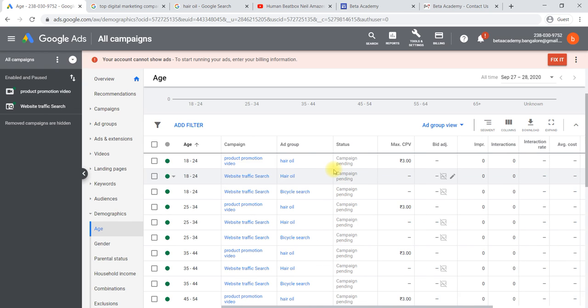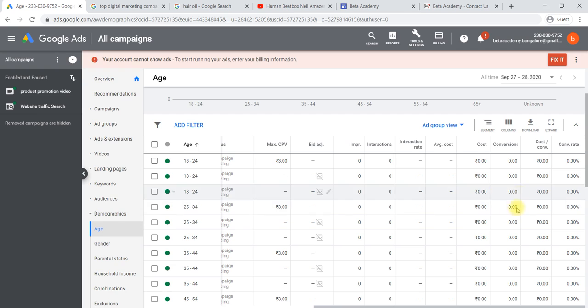So it will help you in future. For example, you will come to know that the major conversion, the better conversion rate, is from age 25 to 45. What we can do is select only those age groups, and all other age groups we can pause or exclude from the ad group. So your reach will be proper, your budget will be managed very well, and your conversion rate will be improved by doing this analysis.